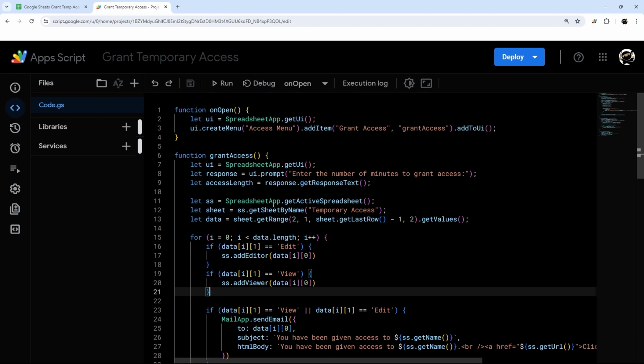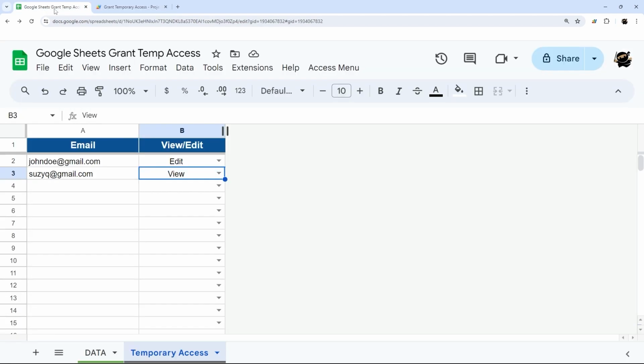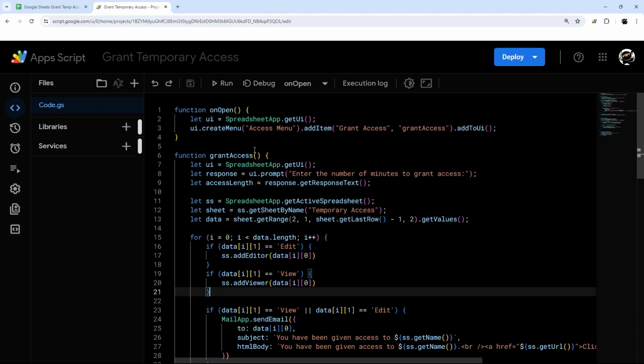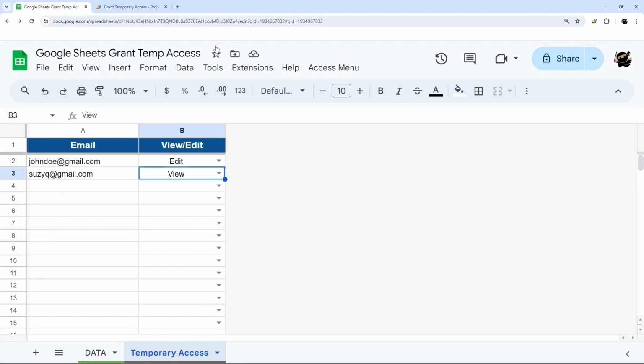All right, so that is it for this one. Let's go ahead and make sure that those people have been removed, and sure enough, they have. So we've now created a script that will run directly from the Google Sheet, and you can enter the number of minutes that you want to give access. You could do it for a minute, you could do it for 60 minutes,